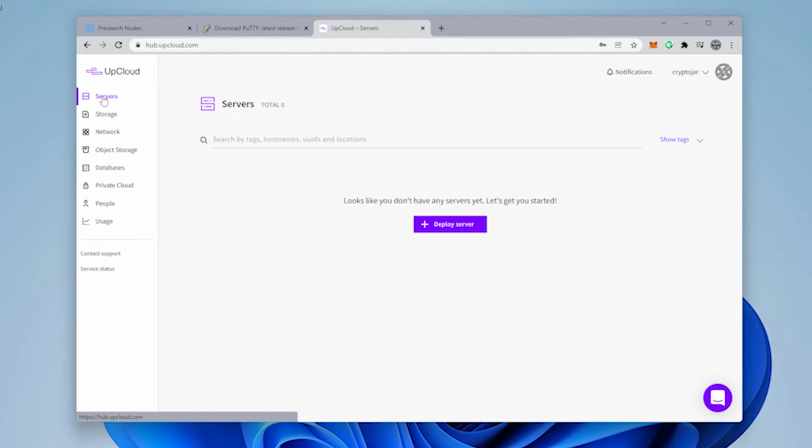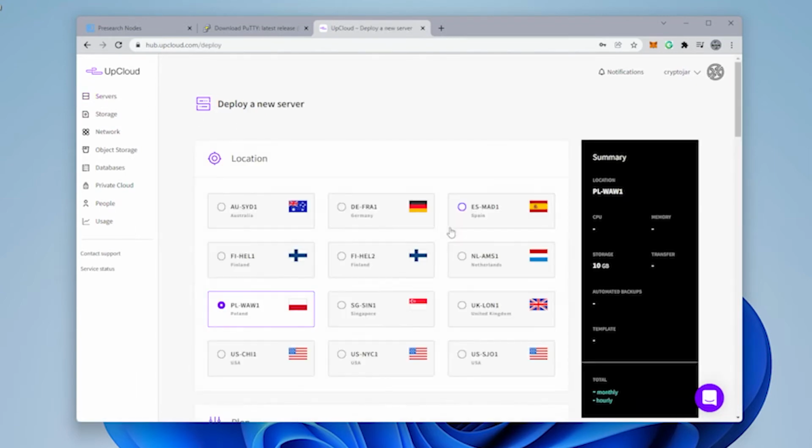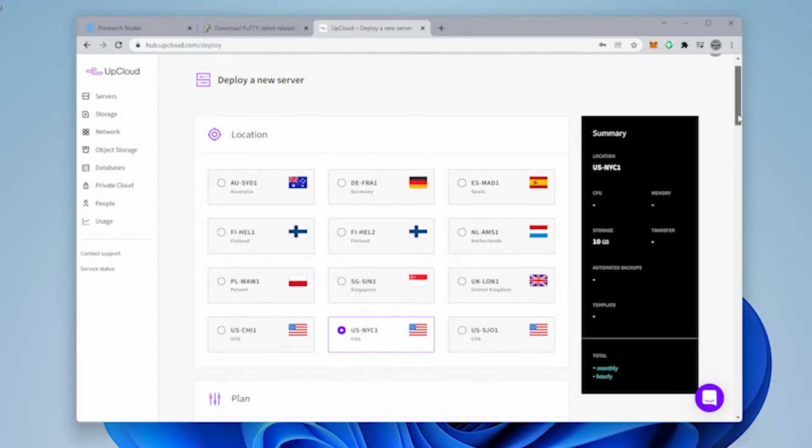And once you have that done, you're going to click on servers, and we're going to go ahead and now we're going to deploy a server. So we can click on deploy server. So now you're picking a server, and this is going to be location based. I'm in Canada, just outside of Toronto. So New York is actually going to be the closest one to me. I'll be selecting the US NYC one,